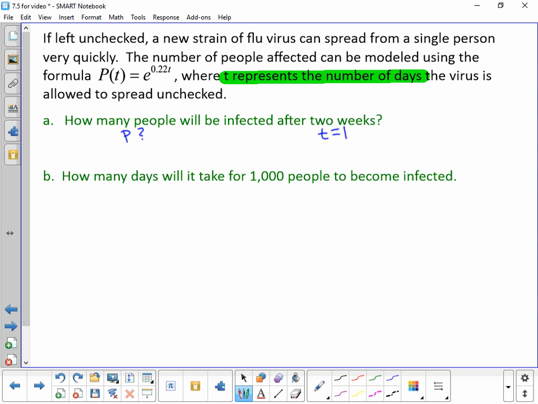So that's saying t is 14. 2 weeks would be 14 days, and we are measuring our time in days. So we want to know what is P of 14. If I plug 14 in for t, that would be equal to e to the 0.22 times 14 power. And if we use our calculator to evaluate that,